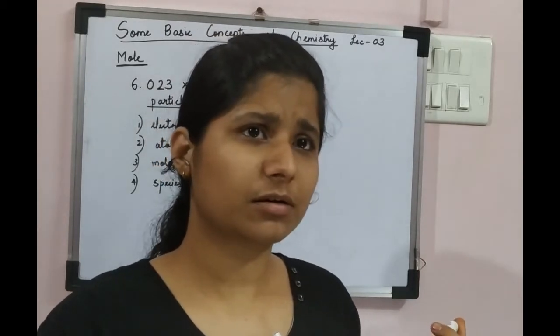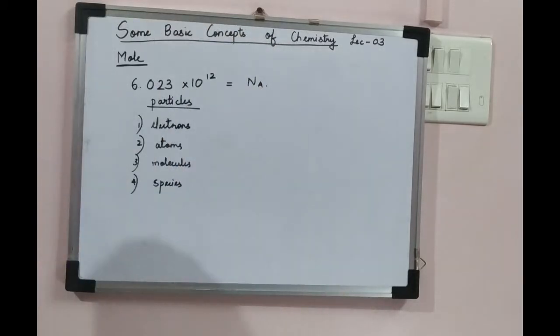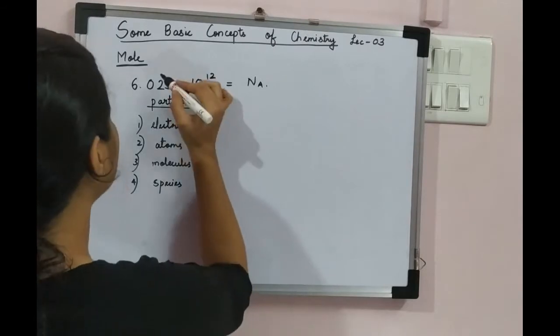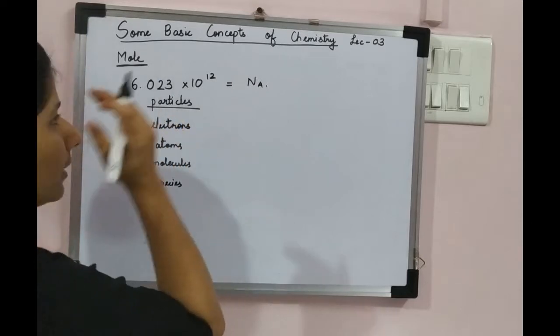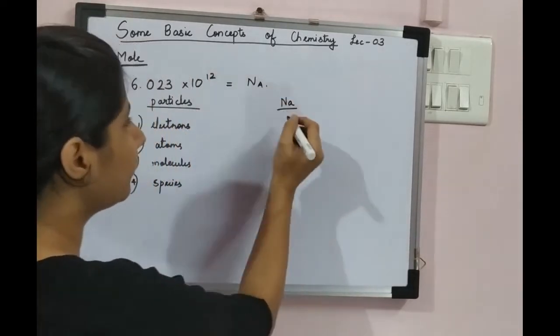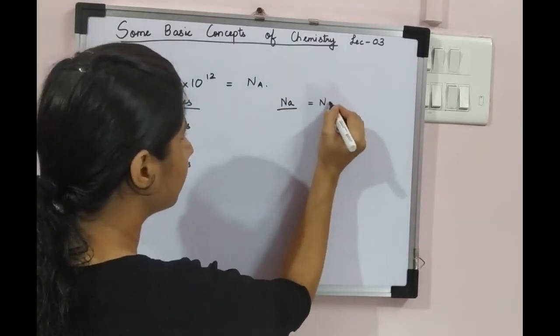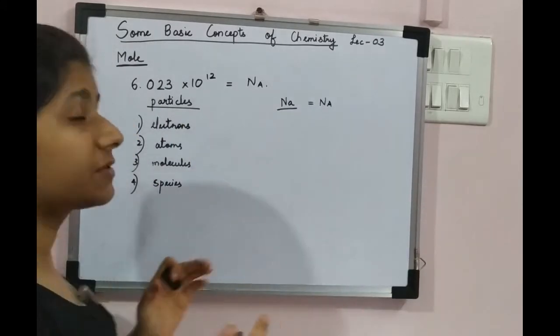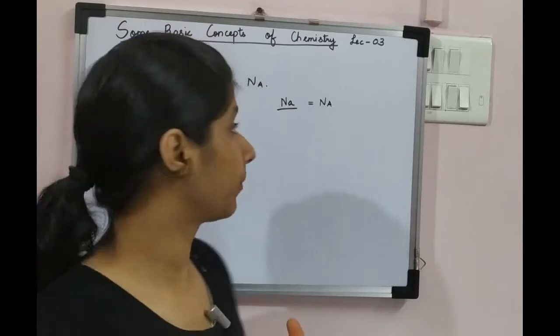Scientifically, it is not kilograms or grams. Rather than saying we measure the amount of substance, I say we count the number of substances. So how do I understand this? 6.023 × 10^23 number of particles. Now let's say I take a sodium atom. If I take this Avogadro number of sodium atoms, what would this be? This would be 6.023 × 10^23 atoms of sodium, right?